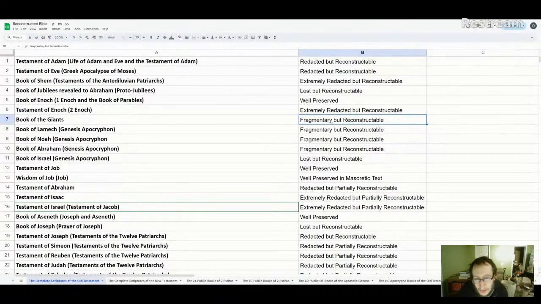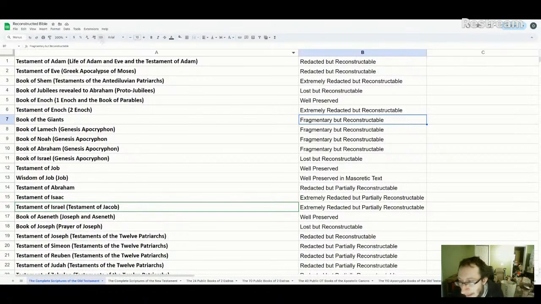So the Gnostics, the Manichaean Gnostics, regarded the Book of Giants as scripture, and they had copies of it, and they quoted it, referenced it in their writings. Unfortunately, we don't have their copies, but we do have writings that quote portions and summarize portions of the story. Some of those quotes line up very well with the fragments we have from the Dead Sea Scrolls. So we take the fragments of the Dead Sea Scrolls and the quotations from the Gnostics, put that together, and have a general idea.